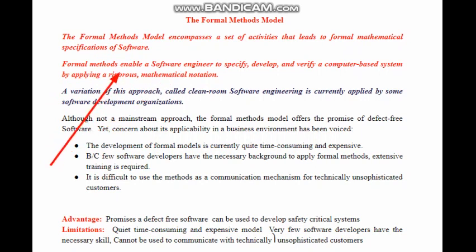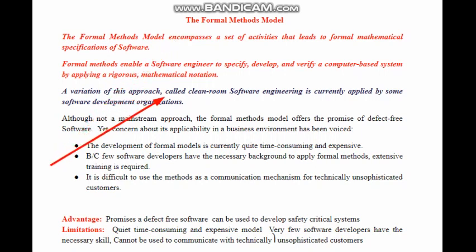It enables a software engineer to develop and verify a computer-based system by applying rigorous mathematical notation. Basically, these types of models are used when we are handling big data, cloud computing, or AI concepts, where a lot of calculations are needed regarding a lot of transactions, right?